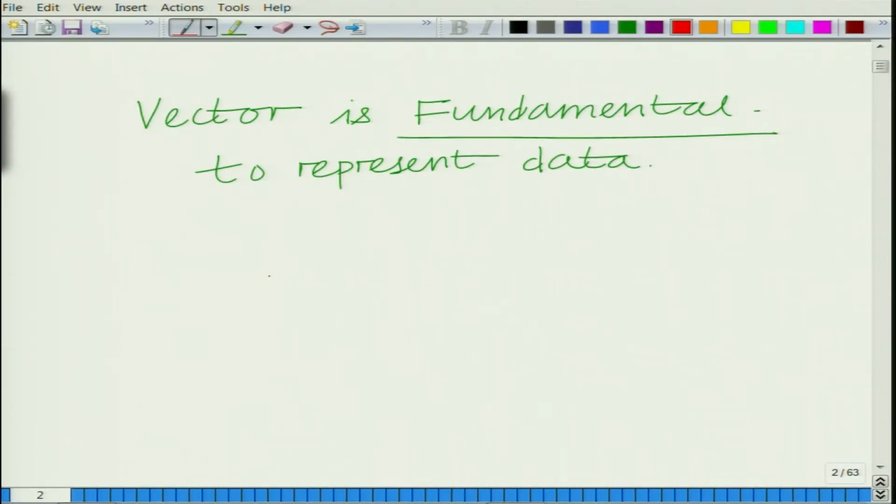For instance, we can define a vector u bar as